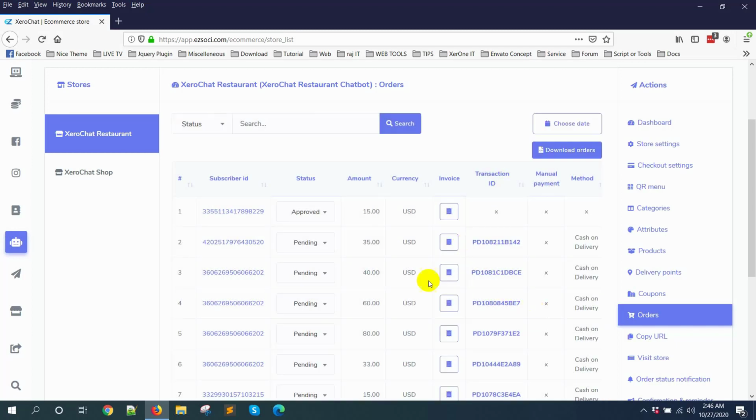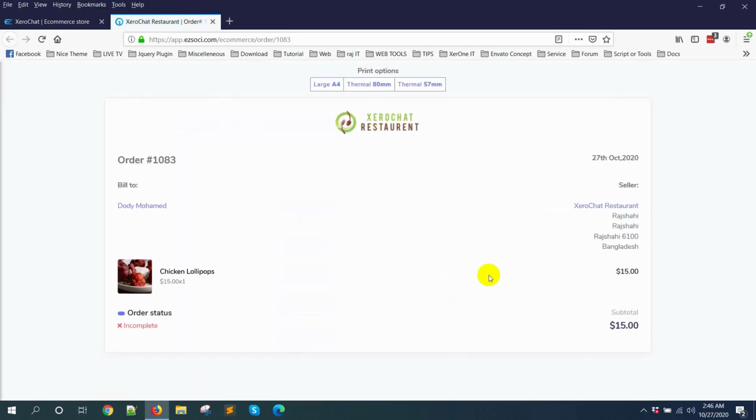Here you can see the invoice option and the print option. There are 3 types of print option: large A4, thermal printer 80 mm and thermal 57 mm. You can print this and send it to your kitchen to make the food, then deliver to your customer.